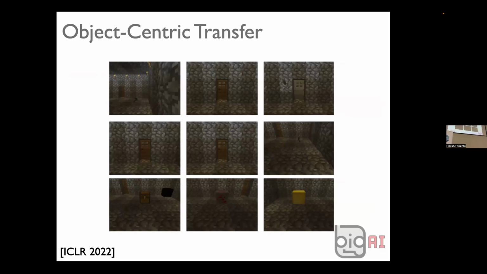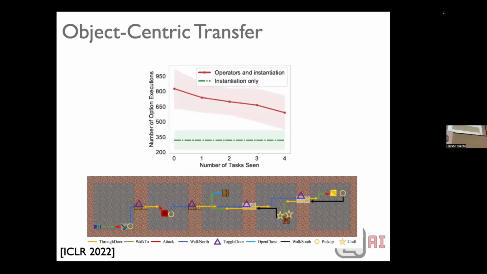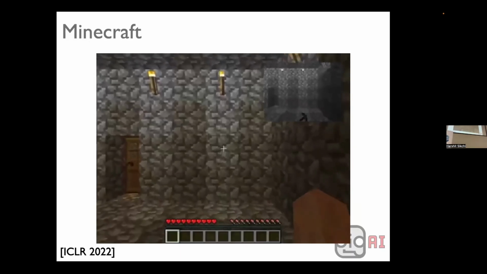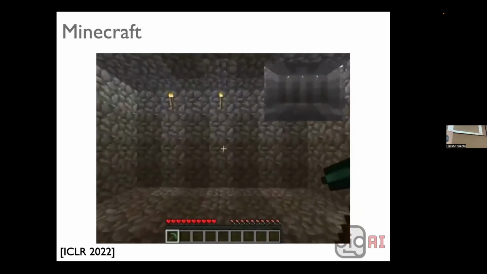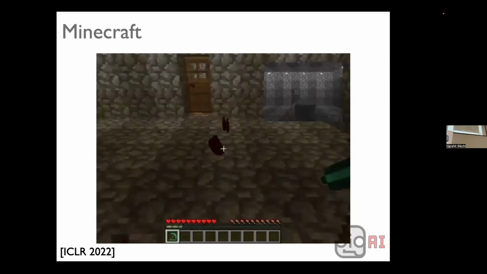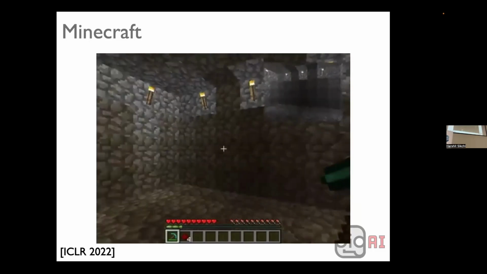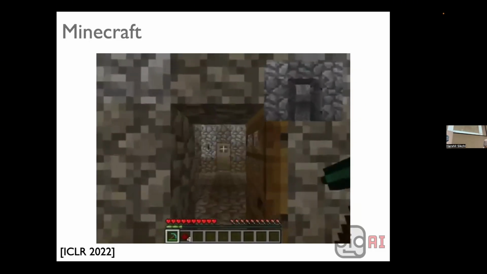We're able to do things like these first-person view images from Minecraft. We can take those, learn using action in Minecraft, and learn a symbolic representation of those things in PDL. We can apply them to new Minecraft instances using a relatively constant amount of data, and we can use complex differential plans in Minecraft from pixels. The only thing is we have to assume that the actions are present. So remember, we're learning observation and action abstractions. And at the moment, we're studying how, if you're given the action abstractions, you can produce the observation abstraction.